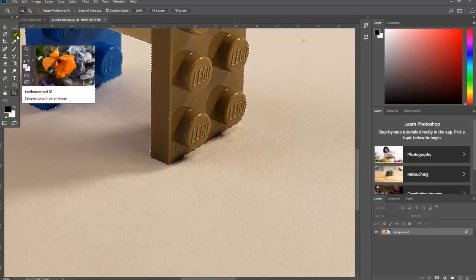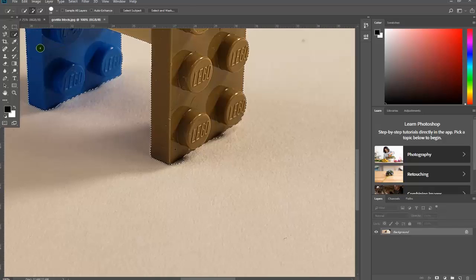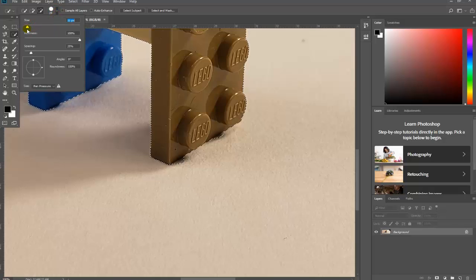So we're going to select our quick selection tool again, and say subtract from selection. Our brush is too big right now. You can see it's 29 points. So you want to lower it down a little bit to around, yeah, that should do it, 9 points. And we're going to click on this